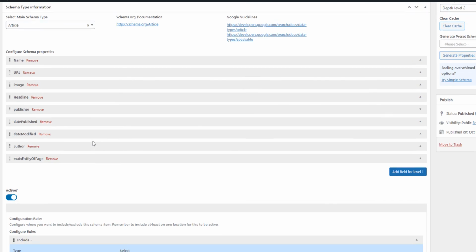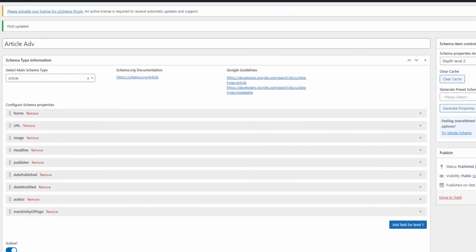But what happens if I want to use this article schema somewhere else? This is not a proper example, but let's say we want to use this article schema somewhere else, and we want an identification mark for this article schema as well. The same rule applies.